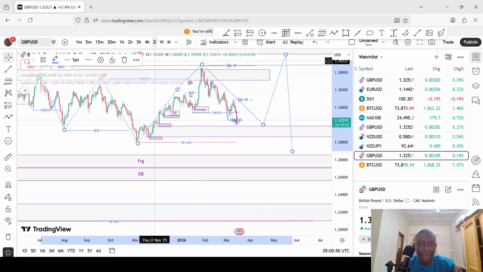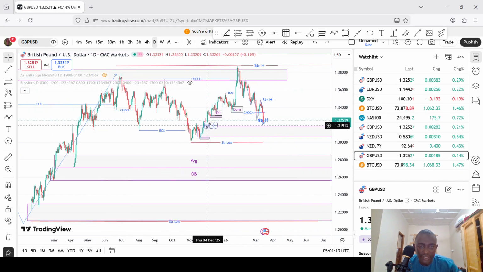Yeah, because already we are in a downtrend. When you zoom in the lowest time frame, so let me delete this, when we zoom in the lowest time frame,